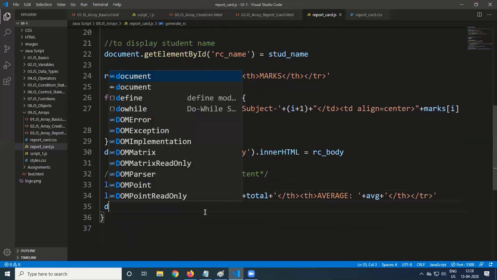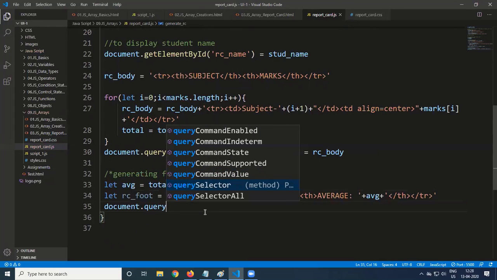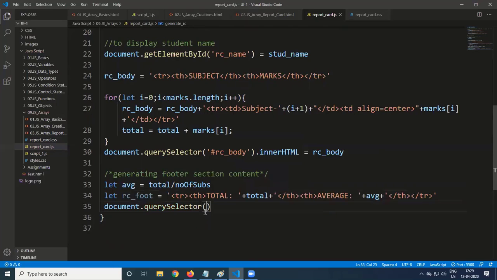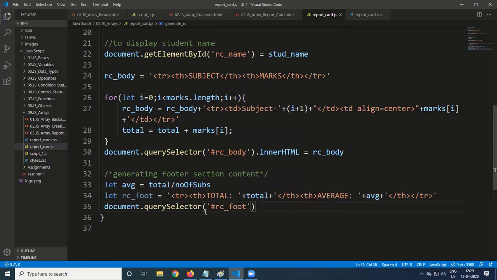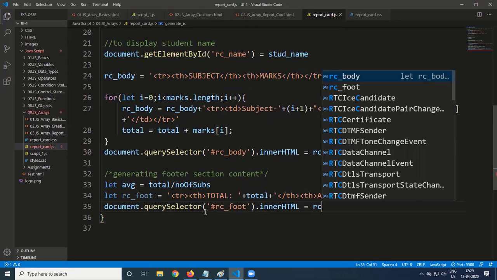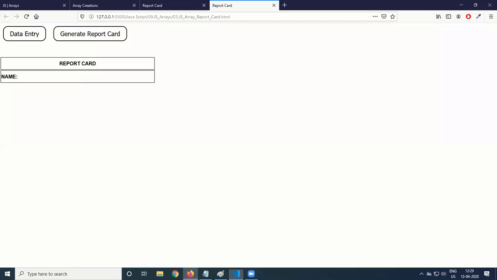So for that purpose, document dot query selector or get element by ID. So query selector of hash RC underscore foot dot inner HTML is equal to RC underscore foot. Okay, almost everything is ready. So any changes are required, we'll see.